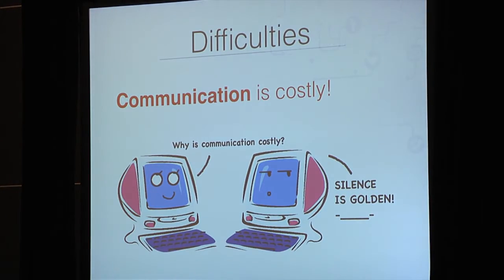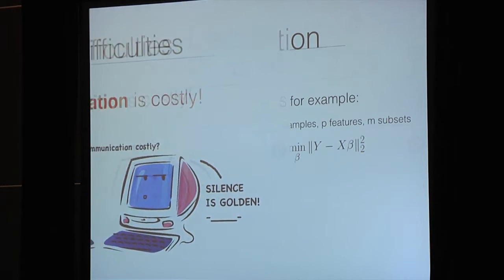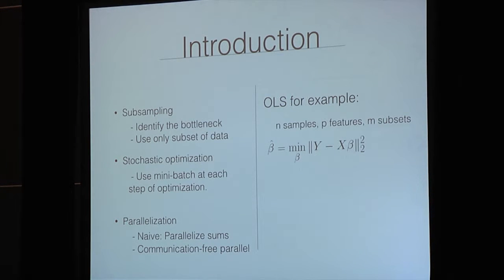The problem is that there is a huge amount of communication among machines, which might add extra burden to the system that weakens the reduction you gained from doing parallelization. So in order to avoid that, people propose a different way of parallelization. They call it embarrassingly parallel, but I say it's also communication-free parallel. So how do we do this?